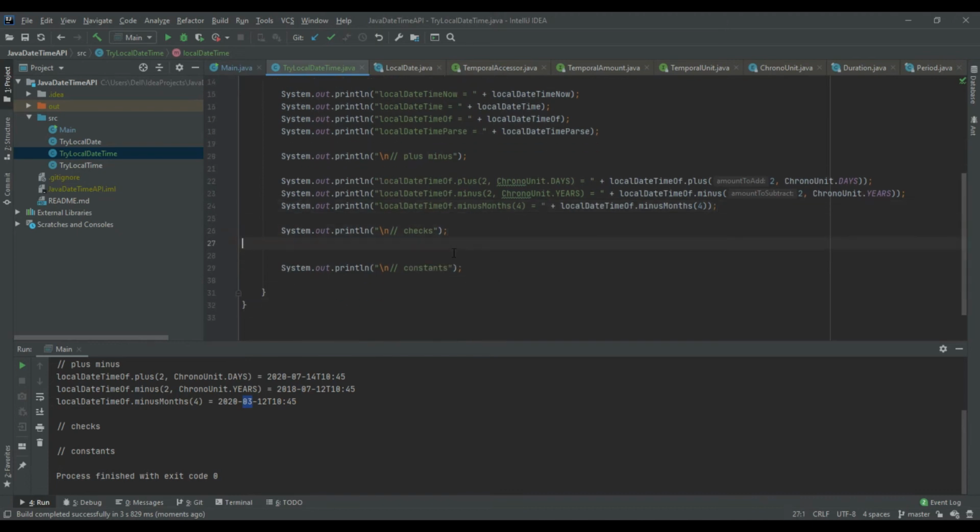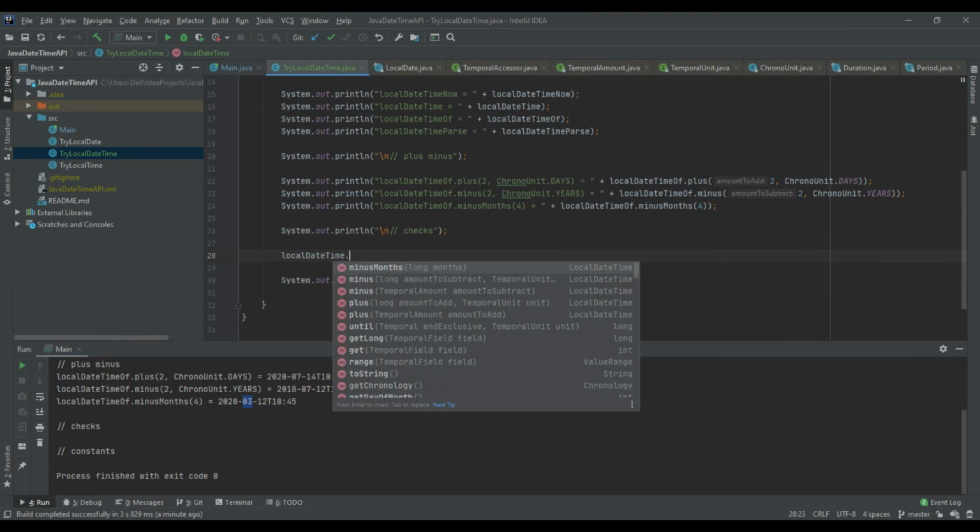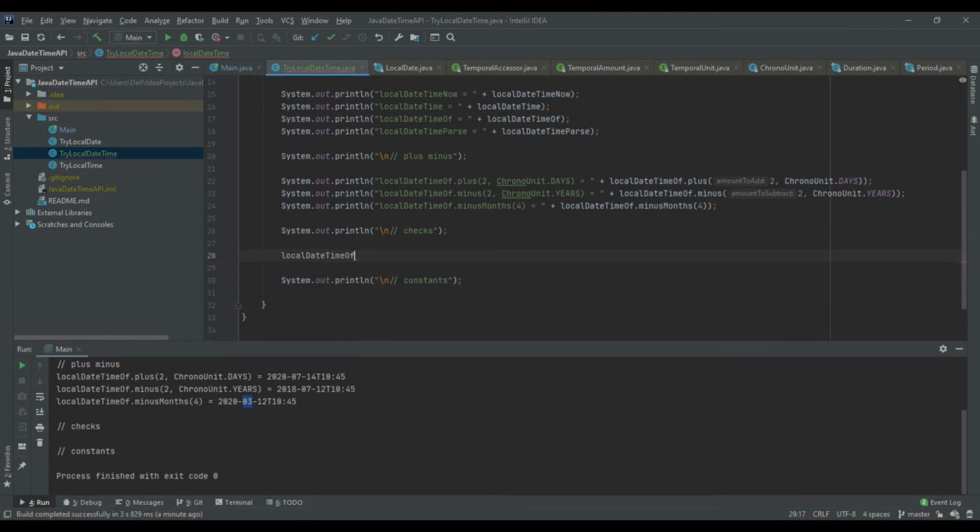Let's move on to the checks section. Basically we have 3 main checks. First one is to check whether the local date time is equal. Next, to check whether the local date time is after. Finally we have the local date time is before method to check these local date times. So I'll use local date time dot off dot